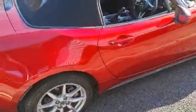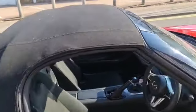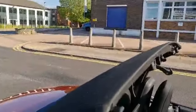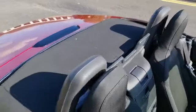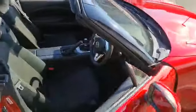Right, so let's get to the inside. But what I'm going to do before sitting in the car, let's show you how easy it is to get this hood down. Okay, so there it is with the hood up. Now there's only one latch. The older cars had two there, and then this just goes down and locks in like so. Okay, so it's easy as that. Now let me show you what the car looks like